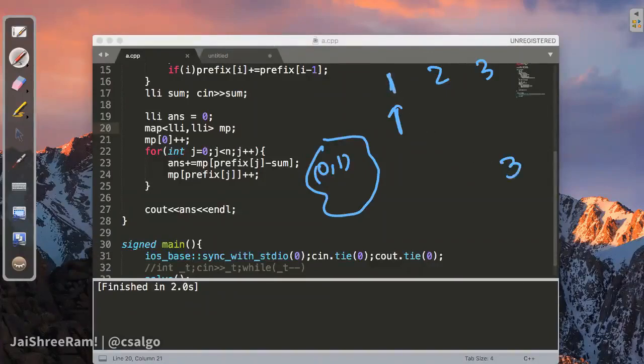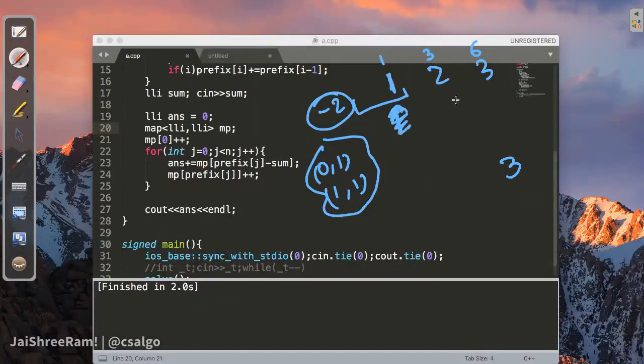So if sum has to be equal to 3, let's build the prefix sum as well. So prefix sum will be equal to 1, 3, 6, right? So prefix sum is 1, 3, 6, and the array is 1, 2, 3. So when you end at this one, you have to get a -2 somewhere, so that this particular sum gets a sum of 3, right? So you have to search for -2 in this map. It's not present, so the contribution is 0. Okay. Then you insert this prefix sum into the map. So 1 happens exactly once now.